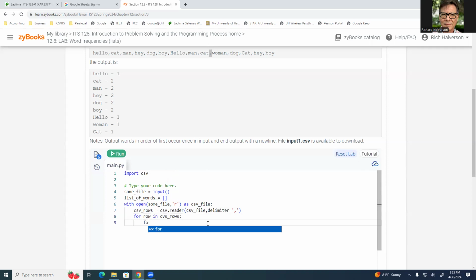I can do it that way, can't I? I'm going to try to do it a different way than I have. For each word in row, hope this will work. For each word in row,